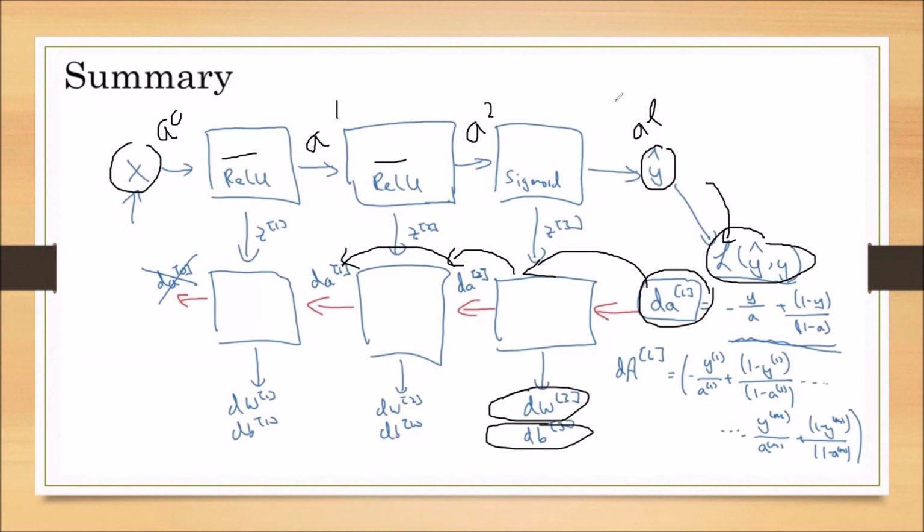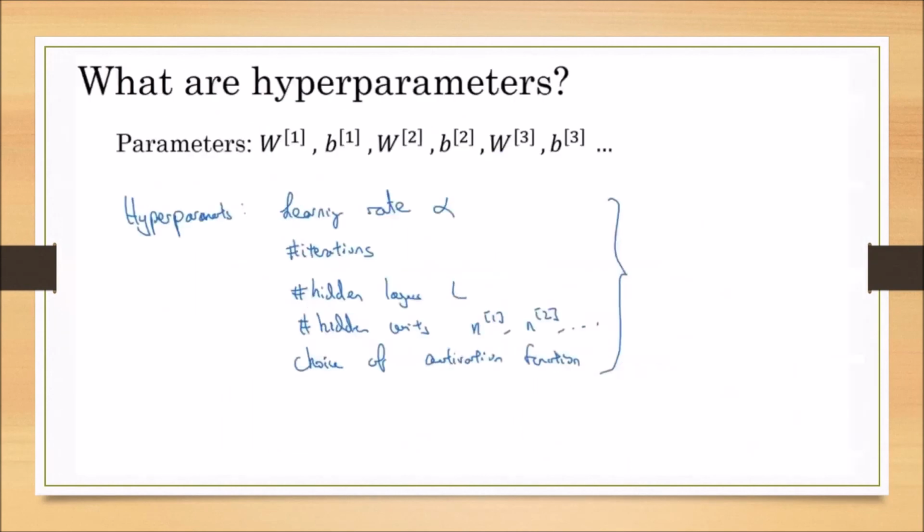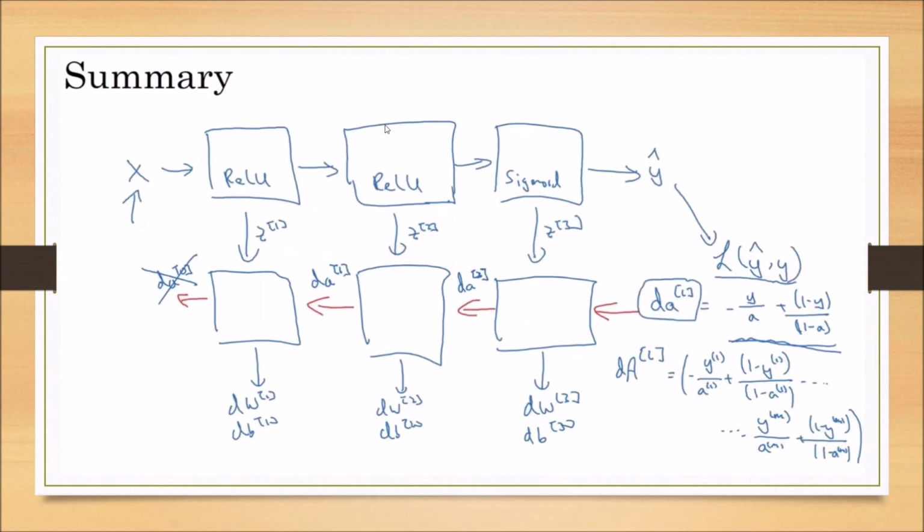We use these dW and dB terms in the gradient descent to find the minimum value of the cost function. When we get the minimum value of the cost function, we extract the W and B, and we substitute those W and B's in the neural network to predict the output. This is what we are doing in the deep neural network.